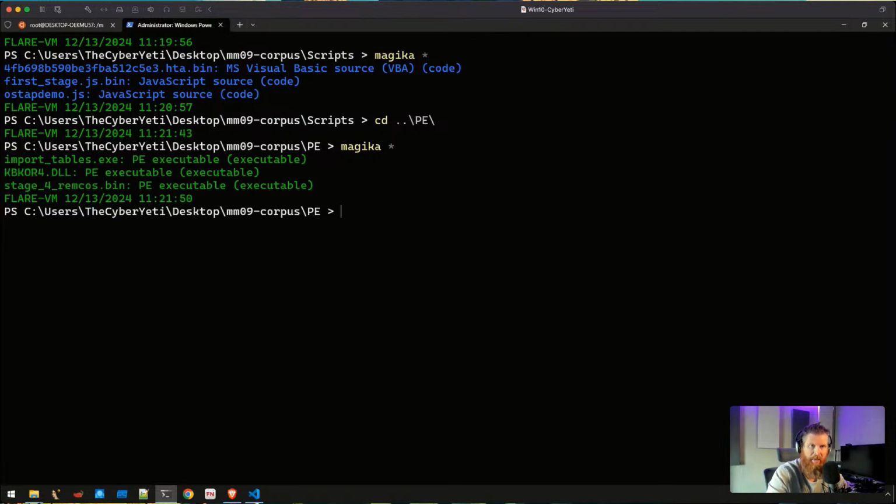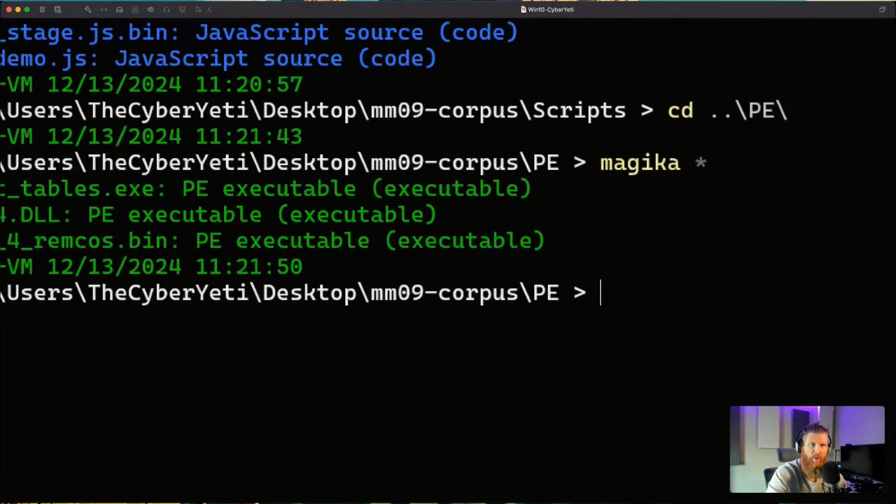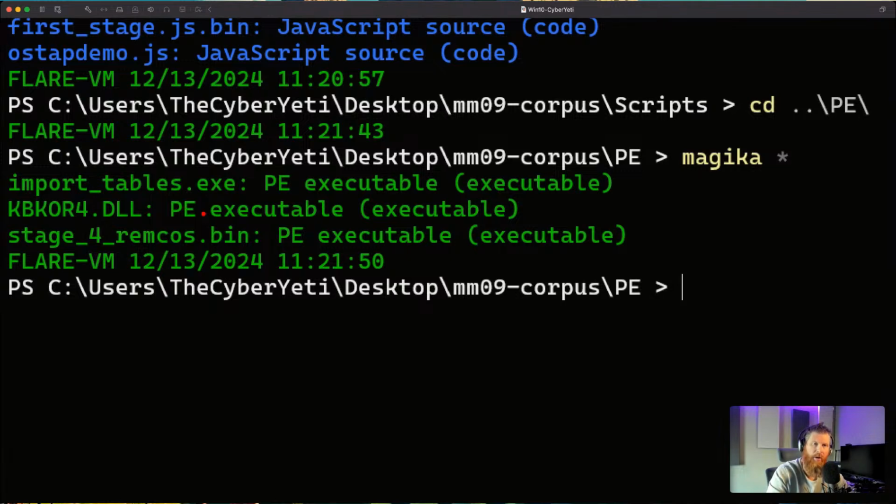you'll see this is maybe a little less helpful. This is probably the one area, and I know several folks have reported this to the magika team, where the PE file result is a little less helpful. It's great to know that this is a PE file, but as you saw with the previous file utility output, that was quite a bit more helpful. We were able to determine if it was a .NET binary. We were able to determine if it was 32 or 64-bit.